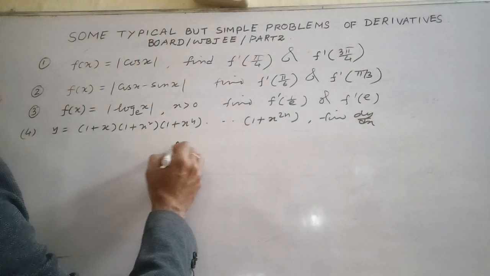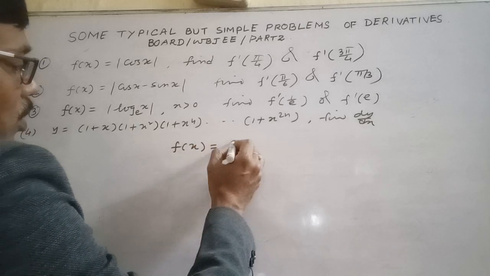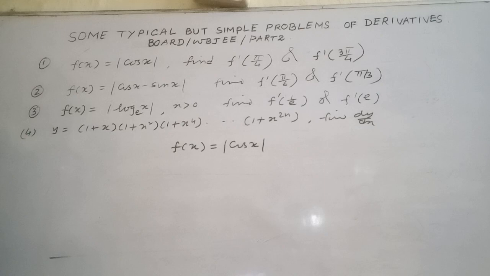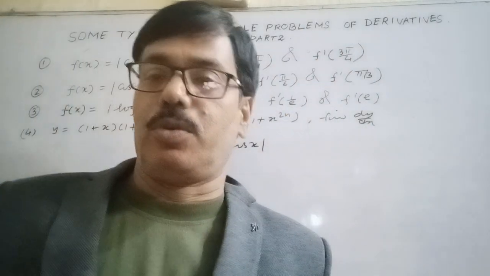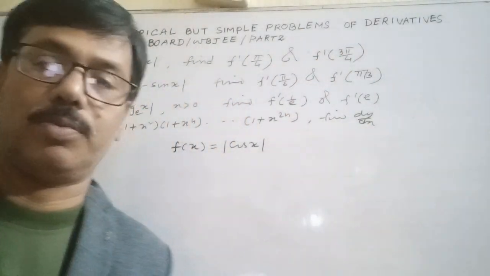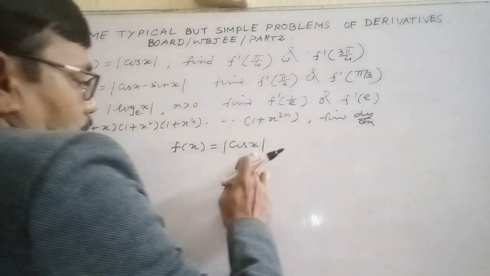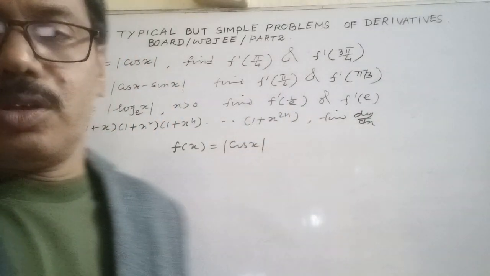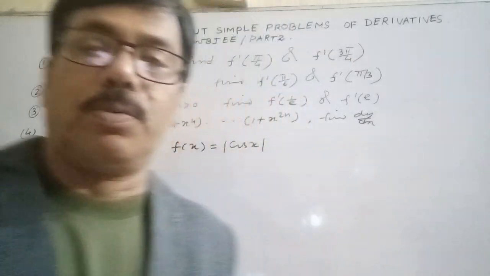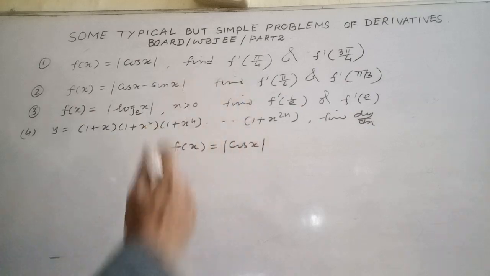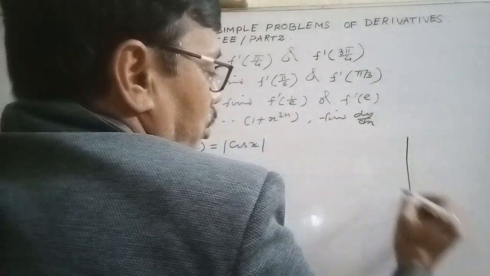So look, f(x) equals mod cos x. Find f dash pi by 4 and f dash 3 pi by 4. Now, mod. We do not know the derivative of mod, so you have to expand it with respect to